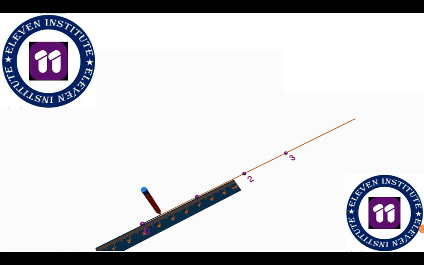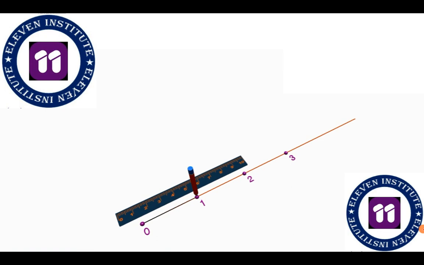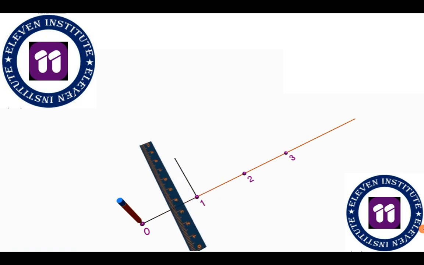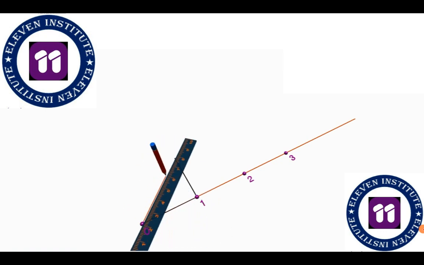Now we will first draw root 2. So a base of 1 unit, an altitude of 1 unit perpendicularly, and when we join the hypotenuse, the length of hypotenuse will be equal to root 2. We will just write root 2 over here, but we will not mark it. We will not draw an arc over this. We will just write root 2.